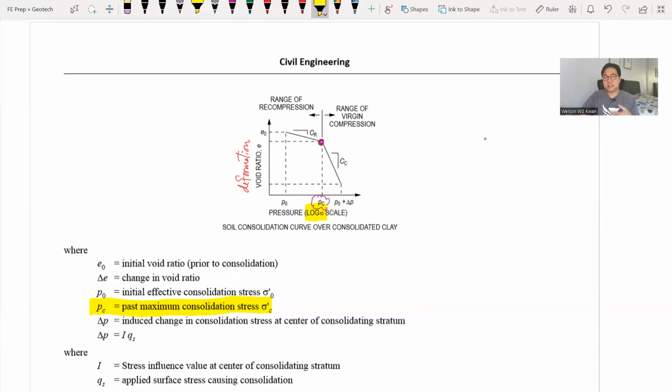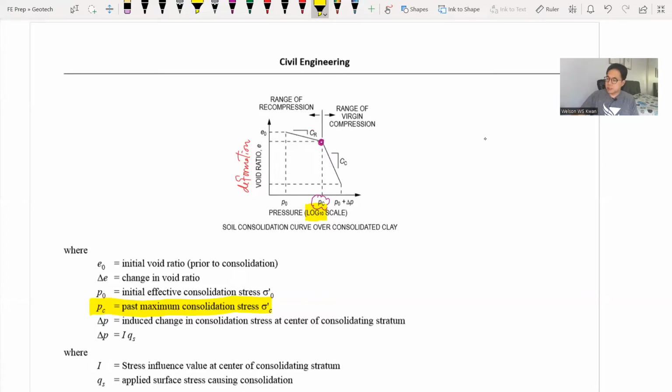In the past, it has experienced a structure on top of it. Now the structure is gone, and the stress that used to be above it got released, but the soil in the ground remembers the loading on top of it in the past. This can be attributed to the structure of the clay, which is like a bunch of clay minerals that